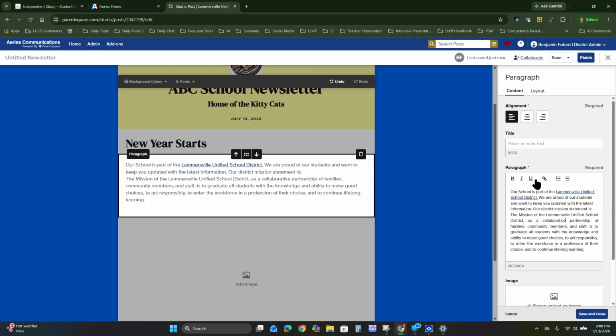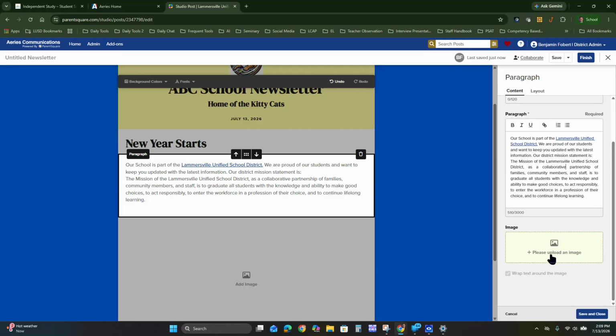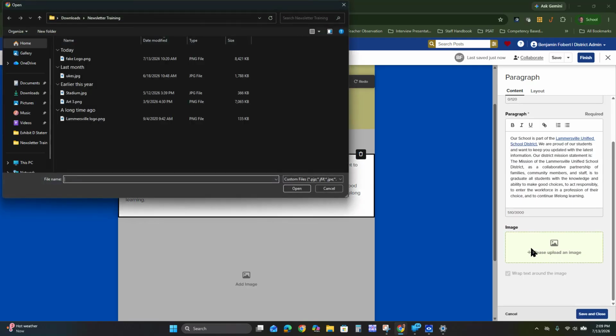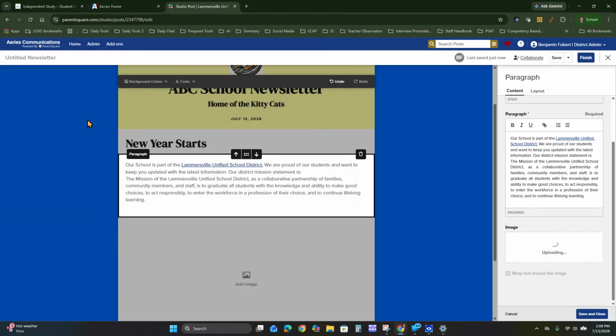You'll notice that in this area, it has its own editing functions here: bold, italic, underline. You can link things, and in this one, I've linked the district website. So that's pretty easy to do. Again, I've left the title off, but I do want a picture in here. So I'm going to upload an image of, let's say, the district